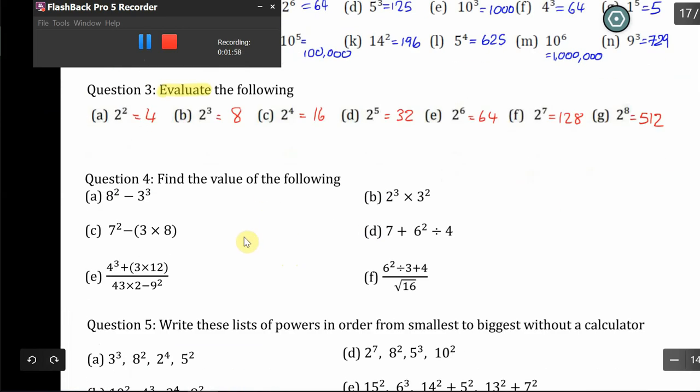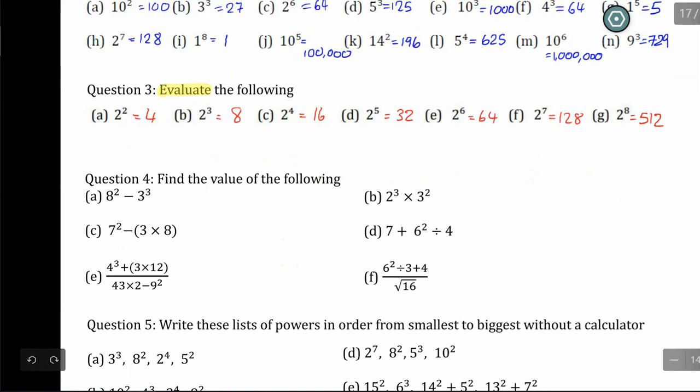Question 4. Find the value of the following. So again, find the value, find the actual answer. So this bit we've got to do in stages. So 8 squared is 64, 3 cubed is 27, and when we take those away, I learned a neat trick